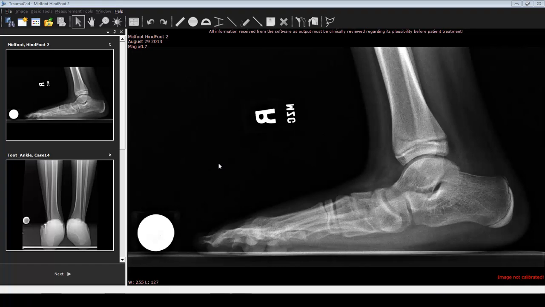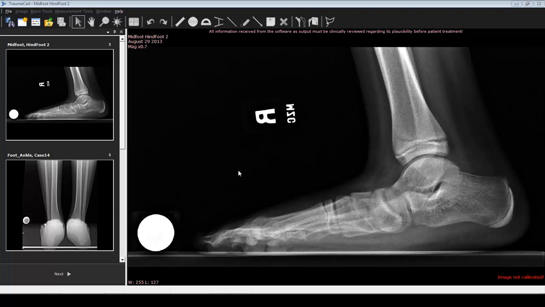This patient, and in this image you can clearly see there is a flatter foot deformity with the increased talar declination and somewhat of an equinus component. And I would like to describe how I use TraumaCad in correcting the deformity, as well as understanding what I may encounter in the operating room. And that's why I feel this is a very nice tool in planning as well as demonstrating to the patient